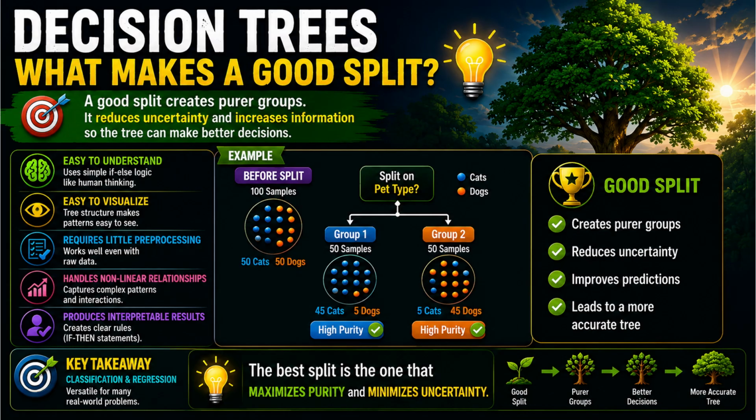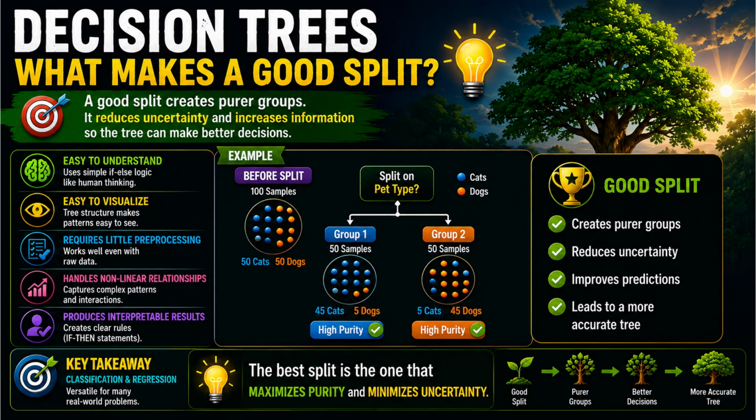Now, decision trees, what makes a good split? Because the whole thing depends on the splitting. So a good split creates purer groups. It reduces uncertainty and increases information so the tree can make better decisions. We'll go into detail later. So for example, before the split, you have 100 samples, 50 cats and 50 dogs. So you can split on pet type. So here you have 45 cats and 5 dogs, which is a high purity, and 45 dogs and 5 cats,